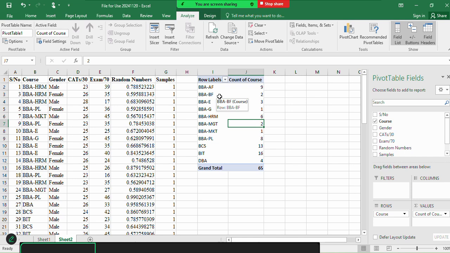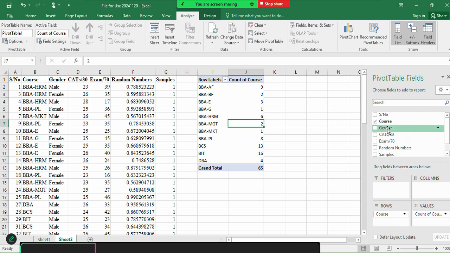So you've created a pivot table that counts for you how many students are in BBAF, BBABF, like that. The principle is that each of the headings in the table, when you create a pivot table, becomes a pivot table field, which you can